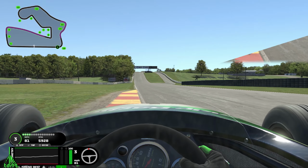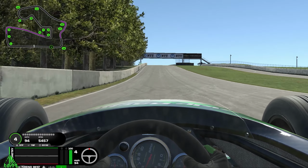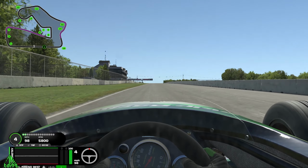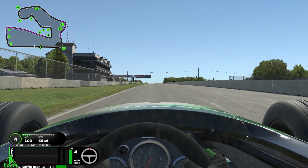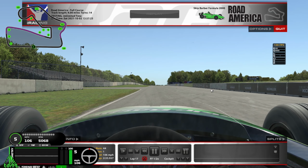Long straight. This and turn 3 for the next lap are the most important corners to get right for a good lap time, because they are onto the longest straights. And obviously coming out of the carousel through the kink is also a pretty long straight. It's all about exits, this one, as it always is with the Skippy. High apex speed and exits should give you a good lap time, but that is us across the line in a